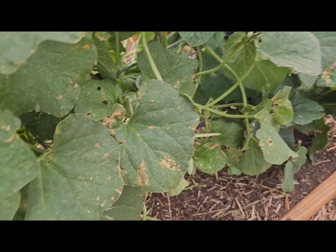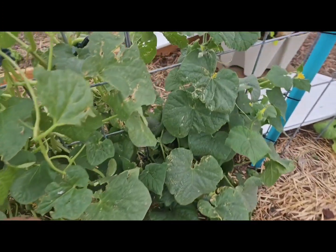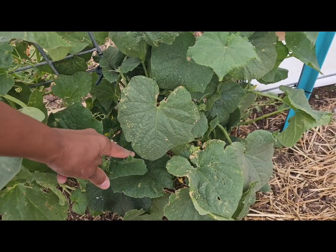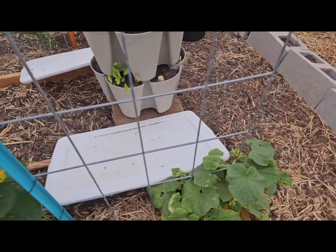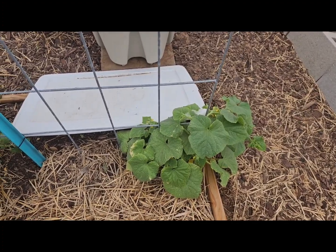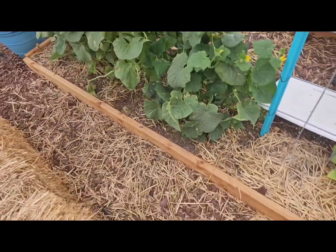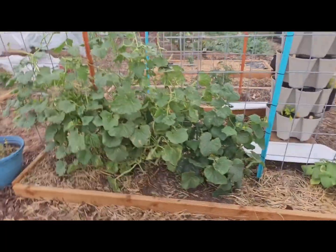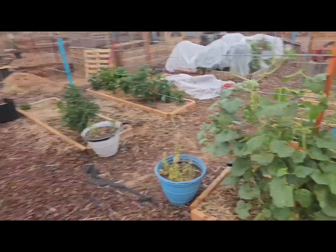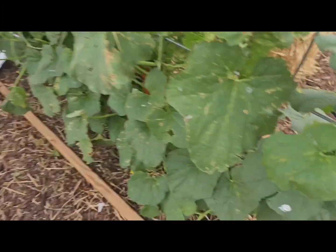But so I have the Suyo Long in here as well. I don't think it is producing anything yet. This is the Bait Alpha, and we took one off of here today. And this one over here is the Early Fortune. And that one has lots of flowers, but it hasn't produced any fruit yet. So when I look out my window and I see this, I feel like I have a garden. Actually, those peppers have been making me pretty happy too. So let's come around here and see